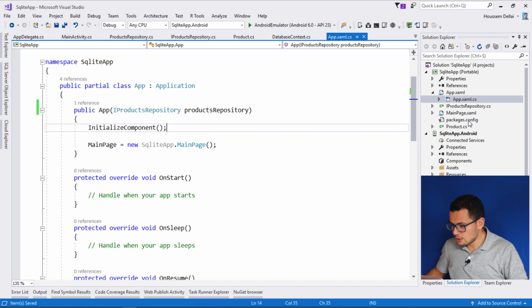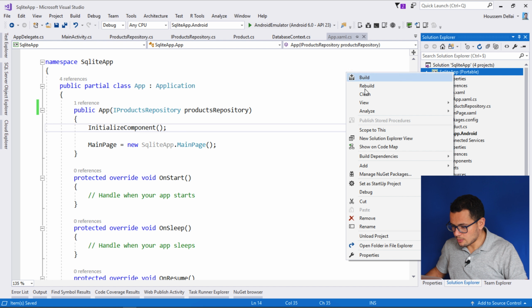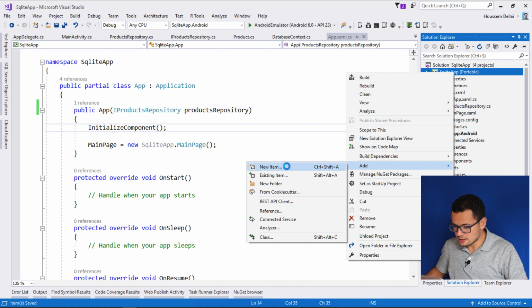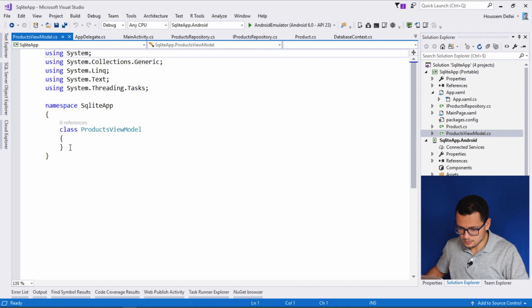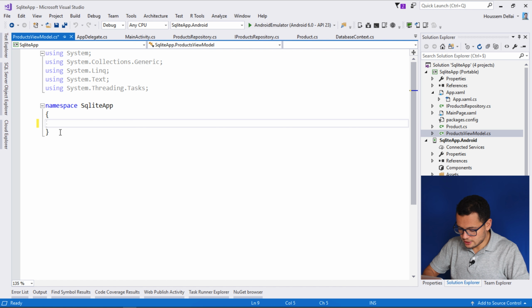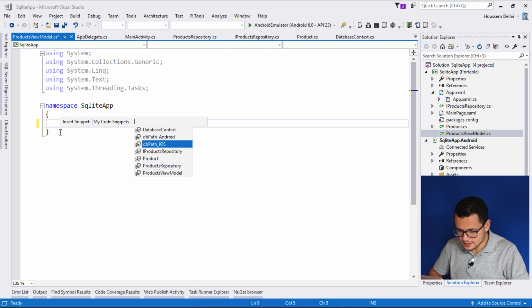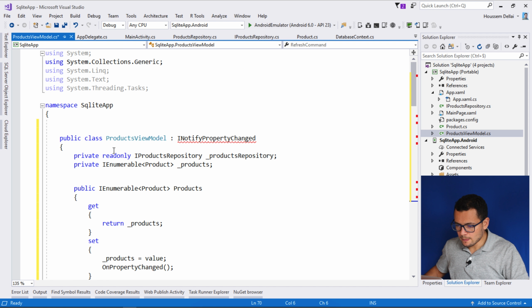For that, let's go and create a new view model for our application. Let's select add new item, and let's say here I want to create a ProductsViewModel. I go and generate ProductsViewModel based on my code snippets. So here I'll say I want the implementation for ProductsViewModel. Let's solve the